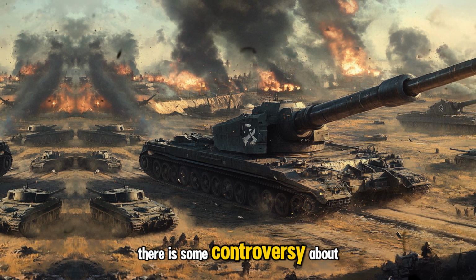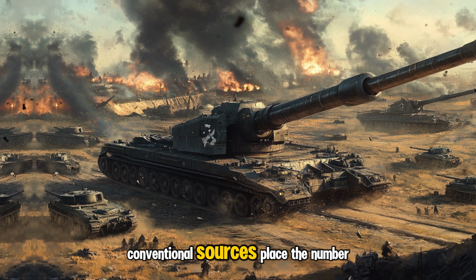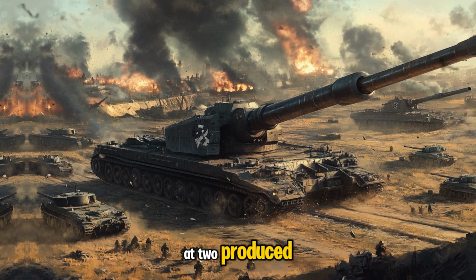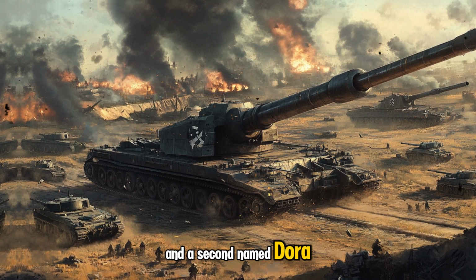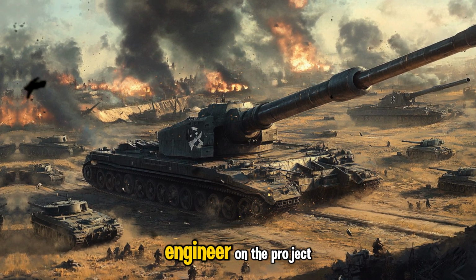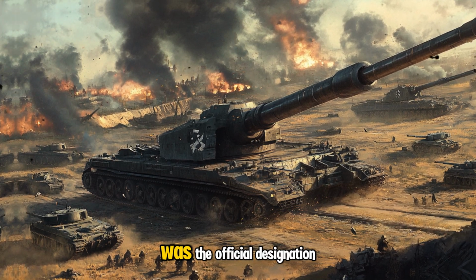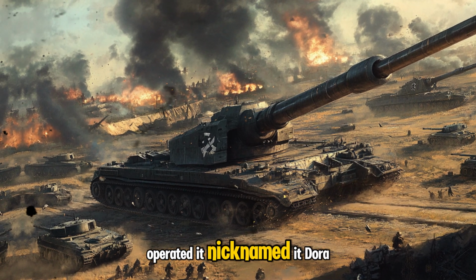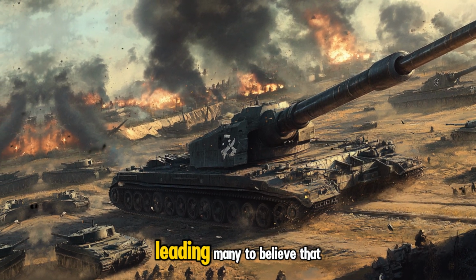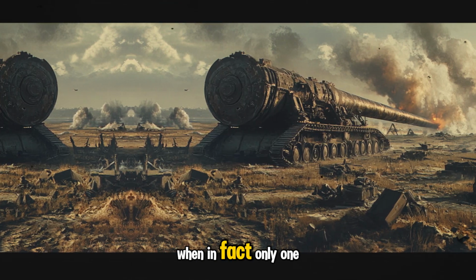There is some controversy about the number of guns that were built, though. Conventional sources place the number at 2 produced, the first being the Schwerer Gustav, and a second named Dora, named after the wife of the lead engineer on the project. However, there is evidence that Schwerer Gustav was the official designation, and that the crew that operated it nicknamed it Dora on their own, leading many to believe that there was a second gun, when in fact only one was